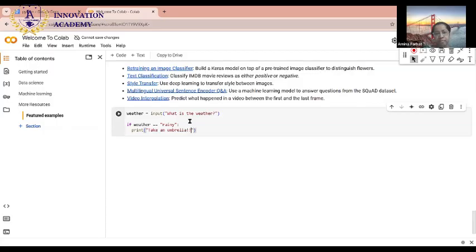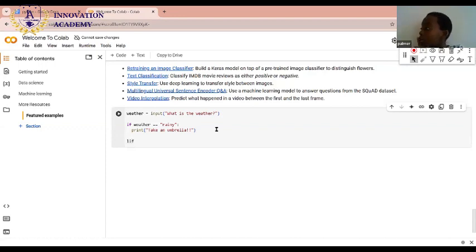Okay, and now whatever may be the weather. As I got many responses, let me write one more here. If you have more than one condition, we use elif there. Elif, the weather is equal to,